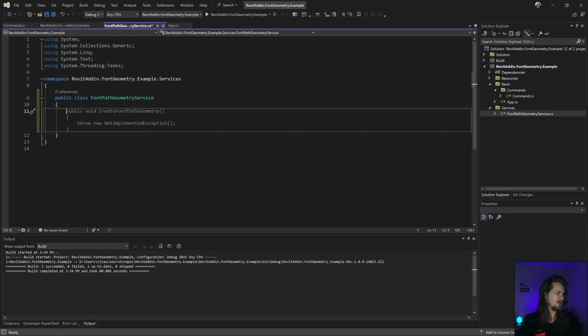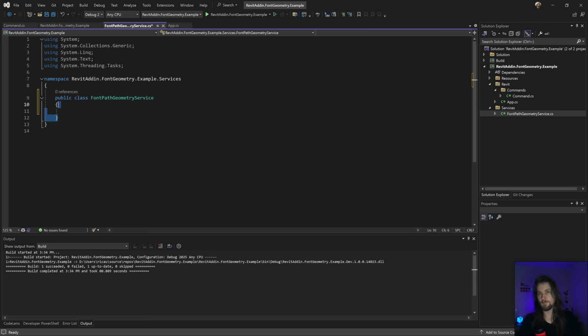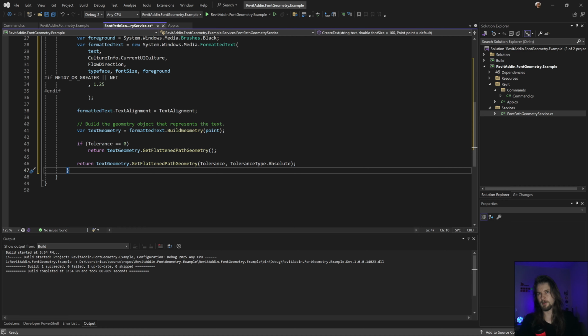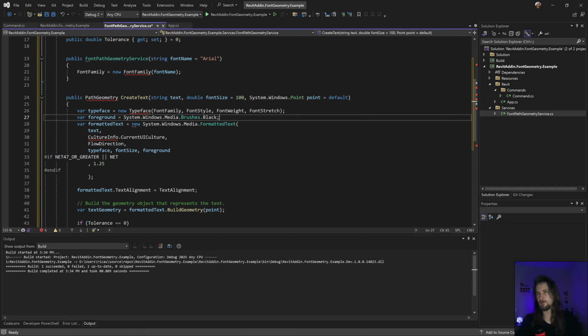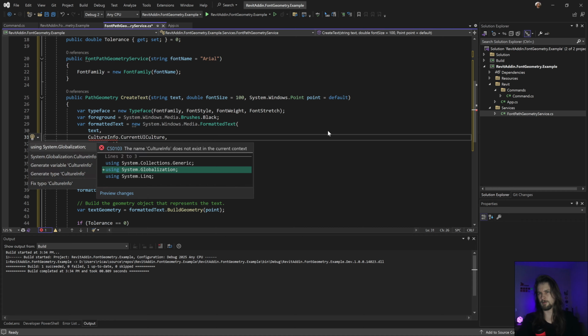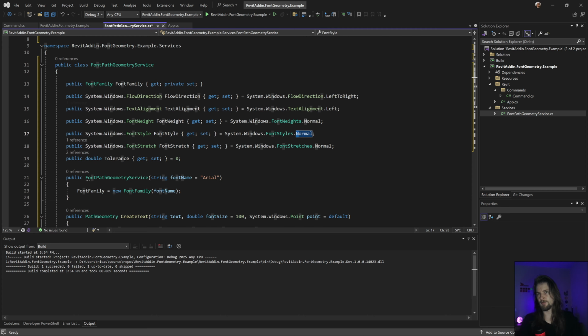And I'm actually gonna copy this, gonna be simpler, I guess. I'm gonna copy this, yeah, and this one I actually don't need, but not gonna be a problem. This has some reference for the system Windows.